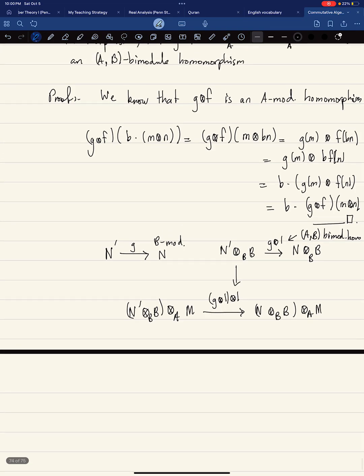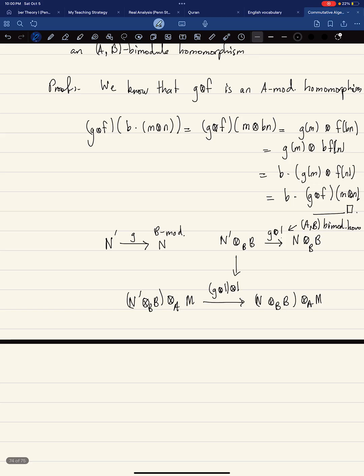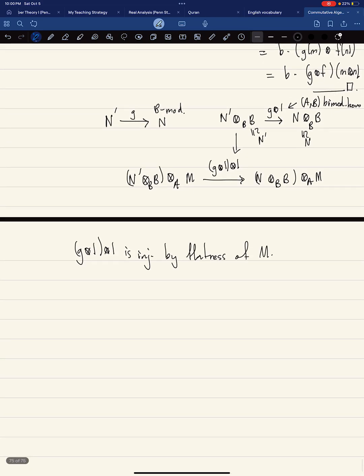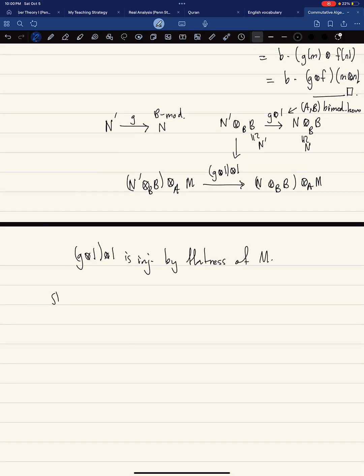Okay, so because G was injective, we showed in step 1 that G tensor 1 is injective because these things are isomorphic to N prime, and because M is flat and G tensor 1 is an A module homomorphism, it follows that G tensor 1 tensored again with 1 is also injective by flatness of M. And then we know step 3 is that